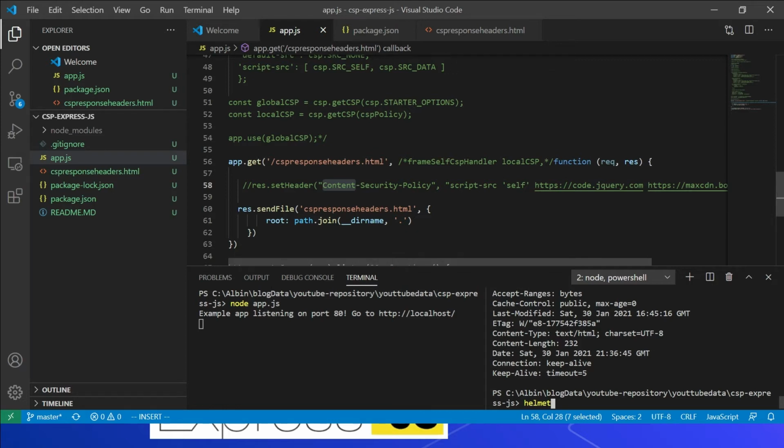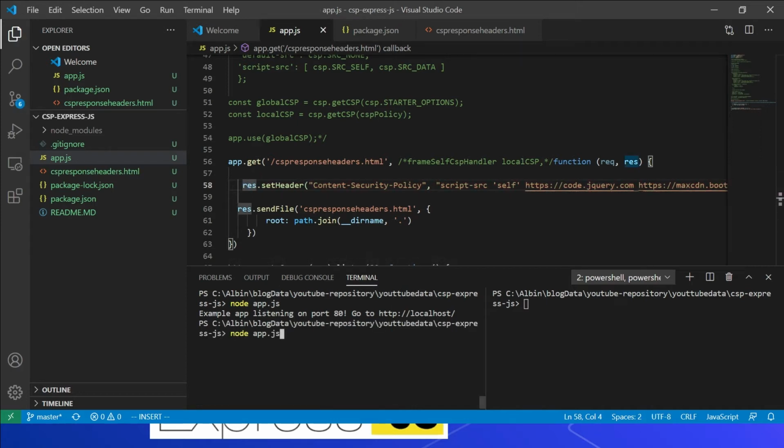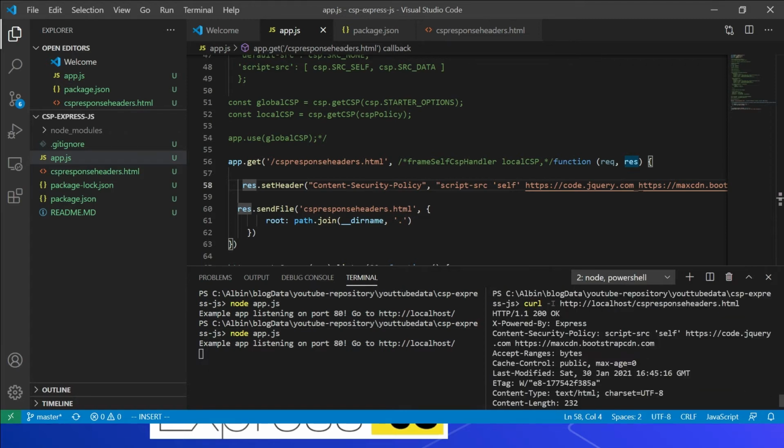As a first option, you can use response.setHeader to set the content security policy header and the required directives. I am specifying script-src here, but you can specify all other required directives. Quickly verify. Let me uncomment this. This is fine. Let me quickly restart the server. Okay, let me access. Now you can see this content security policy header is enabled with whatever directives we configured: script-src self, then again the specific URLs.